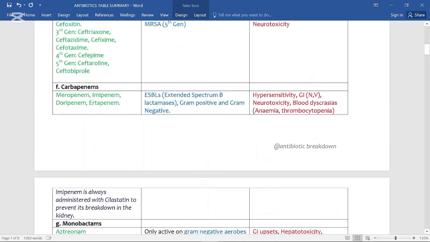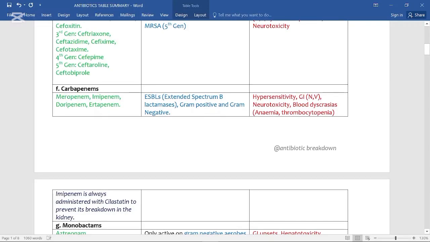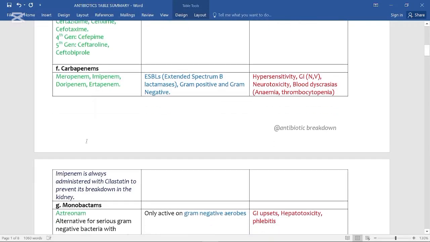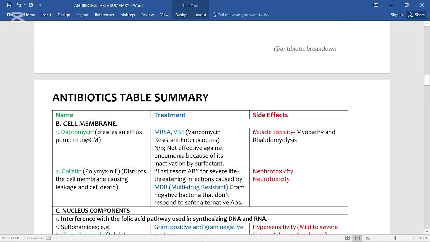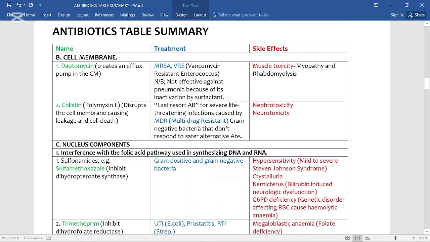We looked at the meropenem, the imipenem, the doripenem, the ertapenem, the monobactams, the aztreonams. After that, we looked at the drugs that work on the cell membrane, the daptomycin and the colistin, very good drugs and very little used as the last resort, but they're very toxic. Especially the colistin, polymyxin, very toxic drug, but very good drug when it comes to a last resort